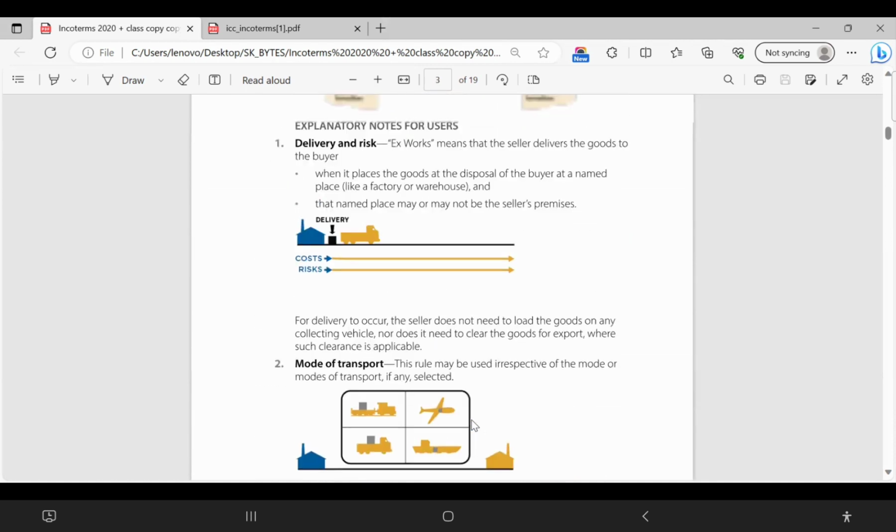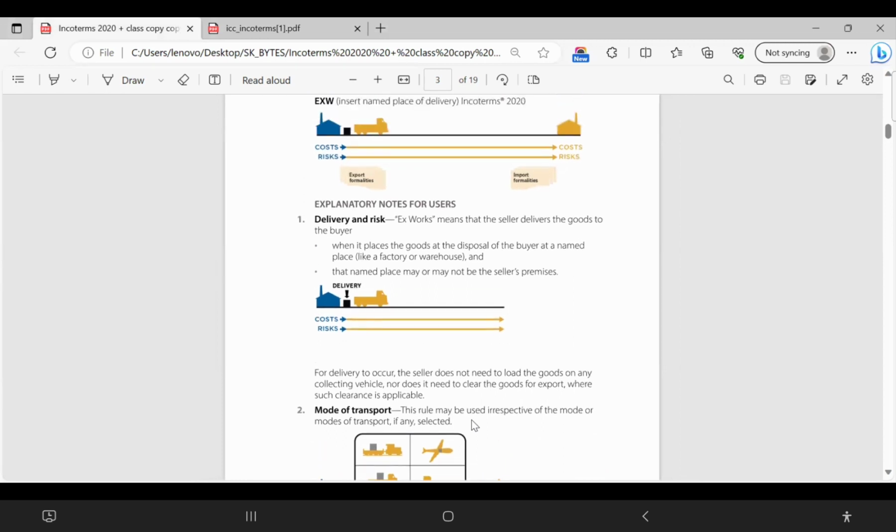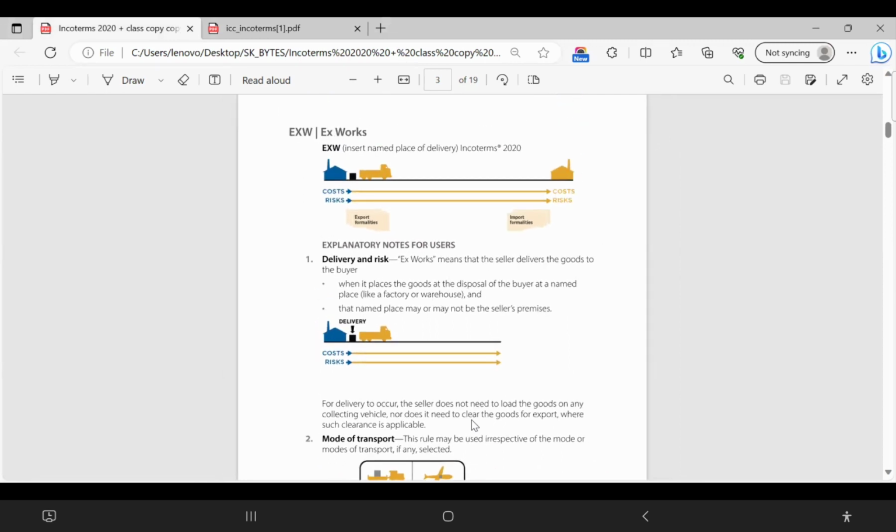Okay, this is one of the simplest Incoterms. It gives the least obligation to the seller, right? From the previous slides we discussed, from this point it could be pre-carriage, main carriage or on-carriage. The documentation work and all the costs associated with every stage are the responsibility of the buyer, right? So this is the only Incoterm that gives the least obligation to the seller.